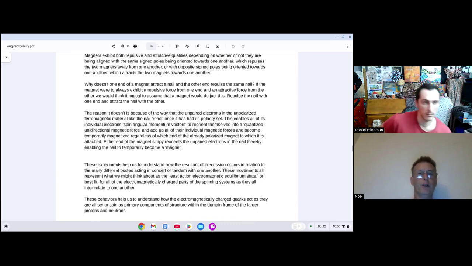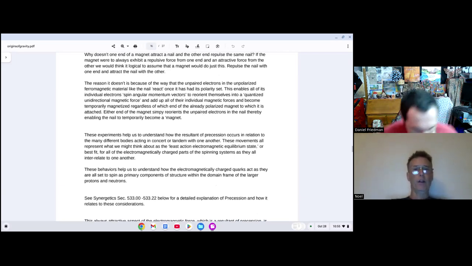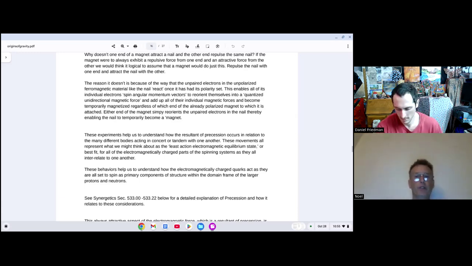The reason it doesn't is because of the way the unpaired electrons in the unpolarized ferromagnetic material, like the nail, react once it has had its polarity set. This enables all of its individual electron spin angular momentum vectors to reorient themselves into a quantized unidirectional magnetic force and add up all their individual magnetic forces to become temporarily magnetized, regardless of which end of the already polarized magnet the nail is being attracted to. So either end of the magnet simply reorients the unpaired electrons in the nail, thereby enabling the nail to temporarily